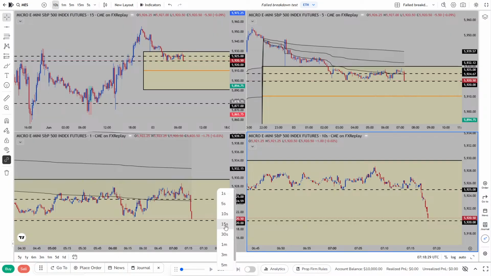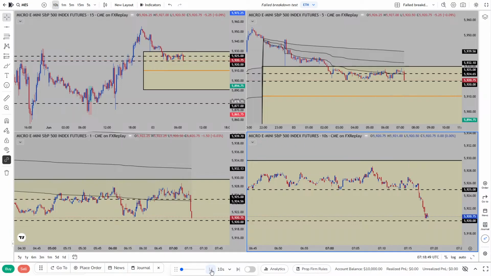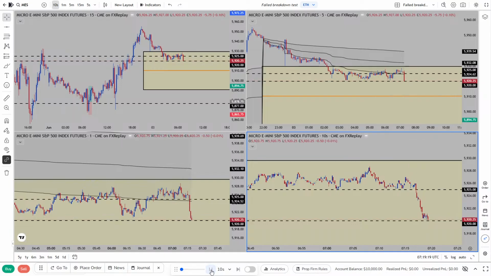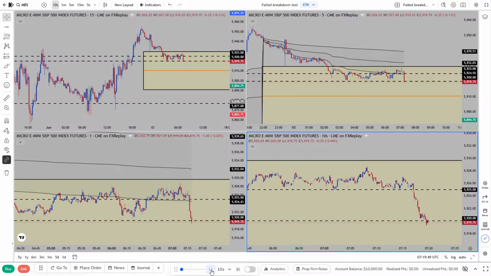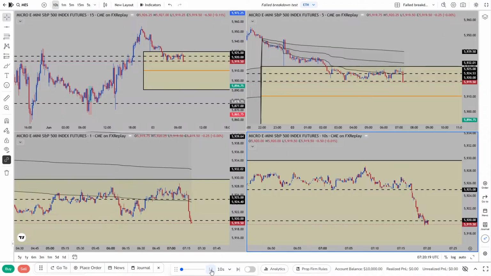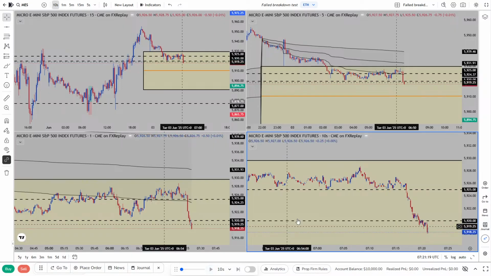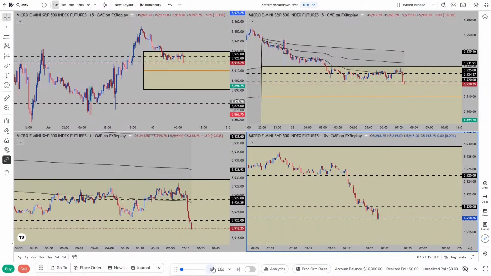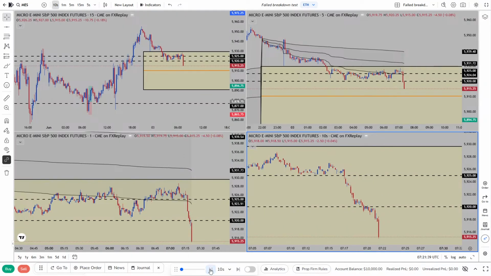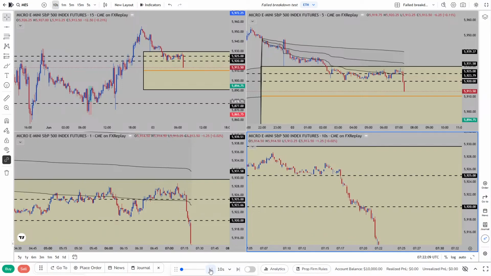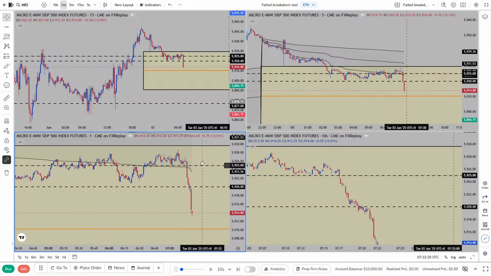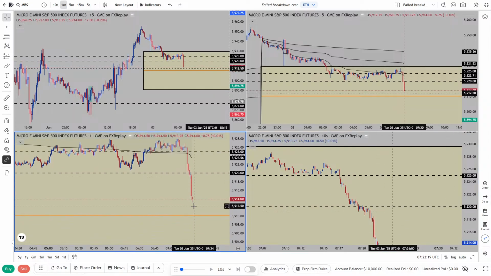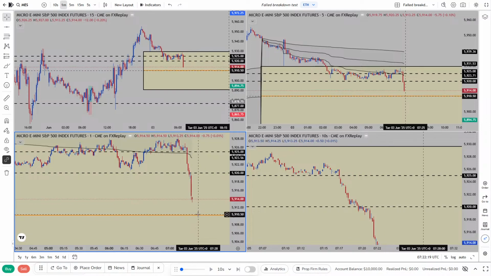I'm just gonna take it a little bit more slow now on the 10 seconds interval. Let's see. There we go. We do the failed breakdown on the multi-hour shelf. We can see on the 10-second chart here, more granular. Wow, we see a big expansion of volatility. Let's see where it goes. Try to test possibly the previous VWAP.